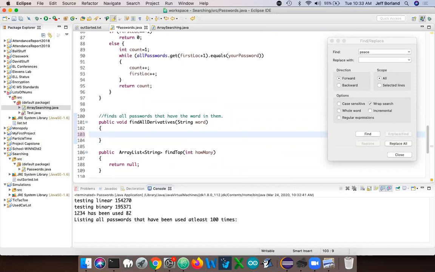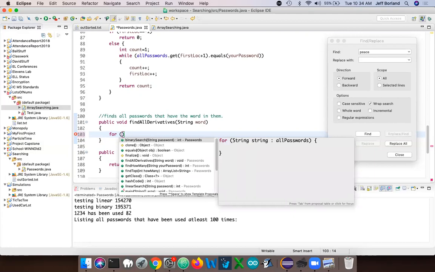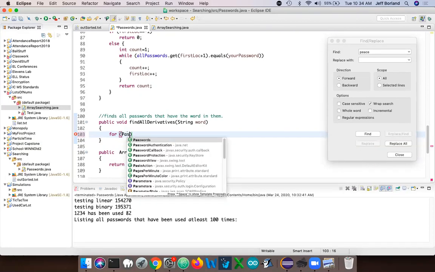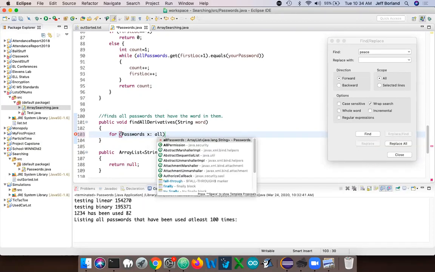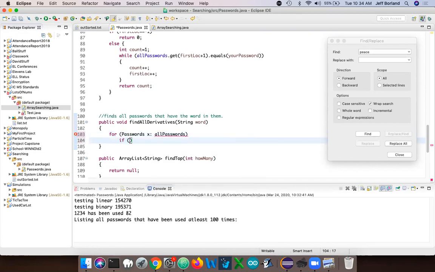So someone write a for each loop, because we did a traditional one. Let's do a for each loop with array list. For each password X in all passwords. Yep. If